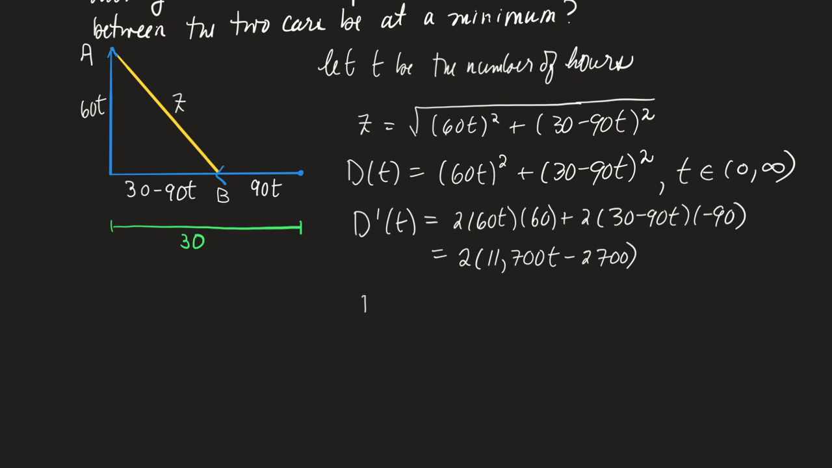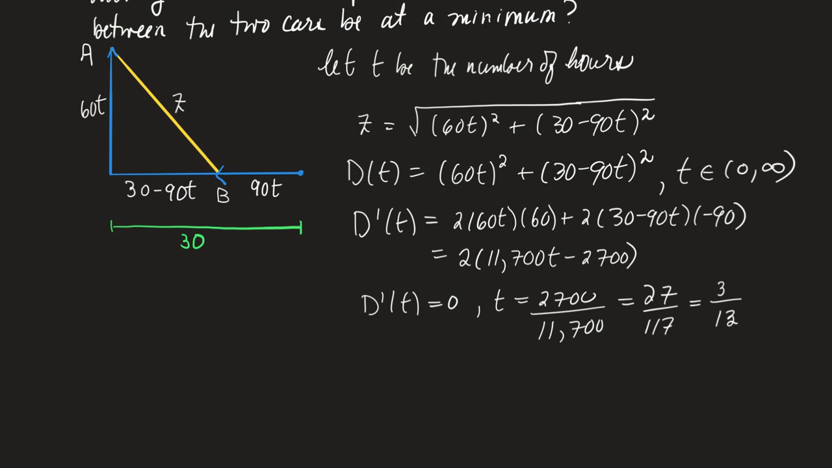And now d prime t will be 0 when t is equal to 2,700 over 11,700, which is 27 over 117. Both are divisible by 9, and I get 3 over 13. Now, I should show that that actually gives me a minimum, and to do that, I would like to use the second derivative test. I could also use the first derivative test, but I know that it's really easy to